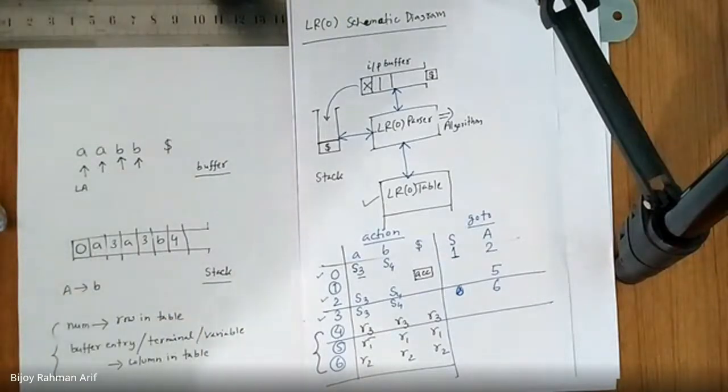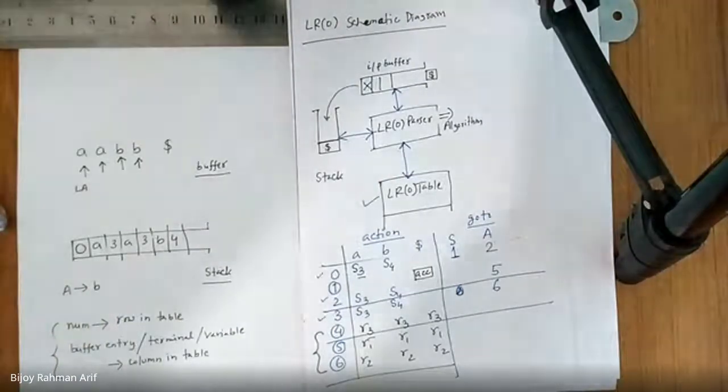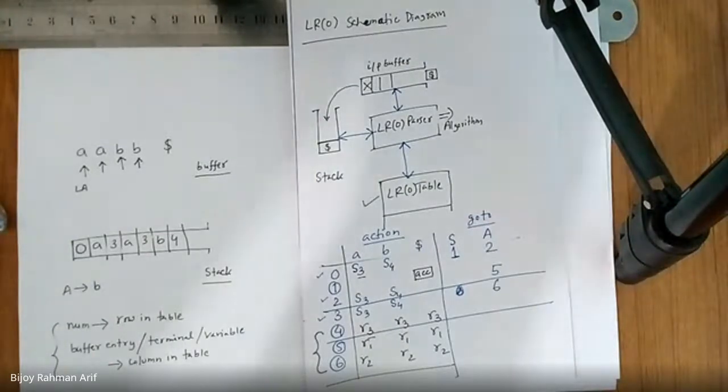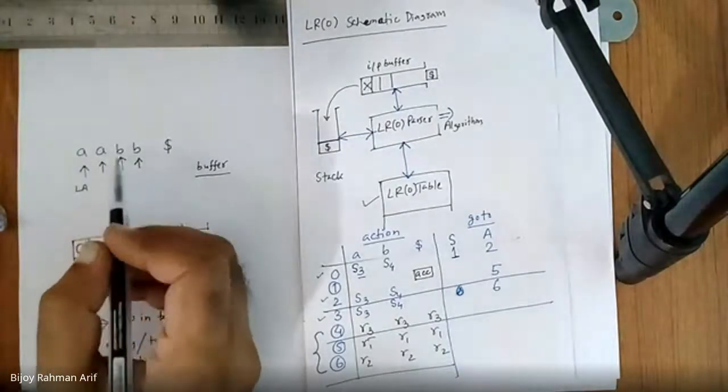Remember, it is a very important thing. The lookahead is saying you are expecting B, but you haven't encountered that B yet. Which B have you encountered? The B just before the last B, which is inside the stack. So you have to take action on that B. You are going to reduce this B. So what would it become?